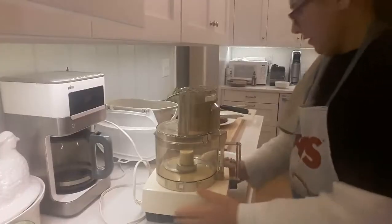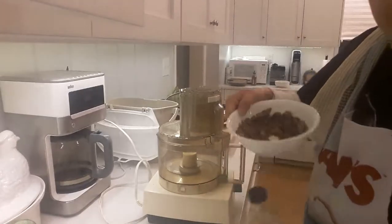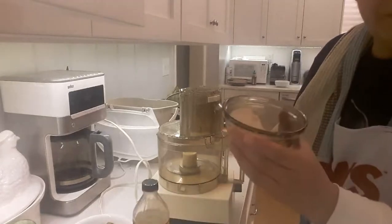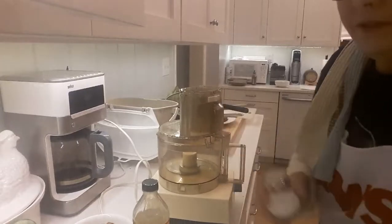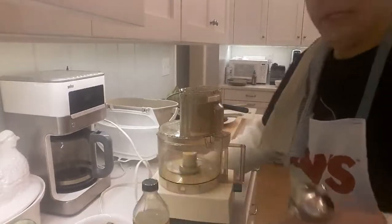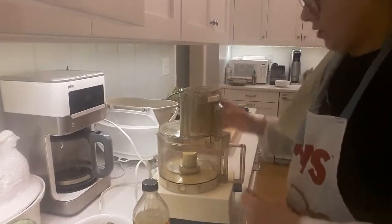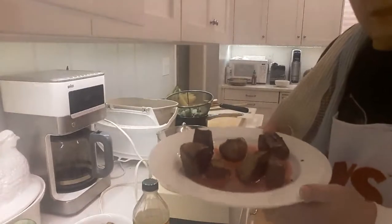So I think it's time to start putting this together. Caramelized onions and garlic. I'm going to use a little bit of apple cider vinegar. I'm going to put in a little bit more bacon fat, a little bit more salt, and what I haven't put in yet is black pepper. So here we go. I think I'm going to discard the juices because